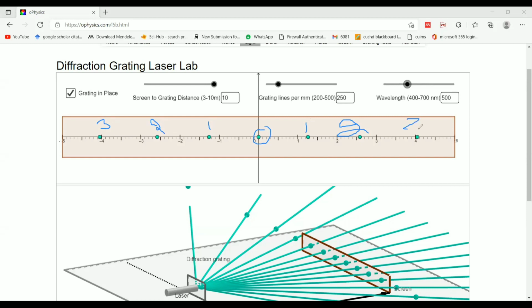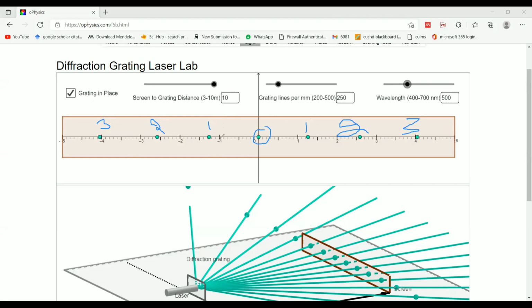Now we have to find the position of the first order of the diffraction pattern. The scale reading is in meters, and each small division has a value of 0.1 meter. So how can we note down the value in the observation table?